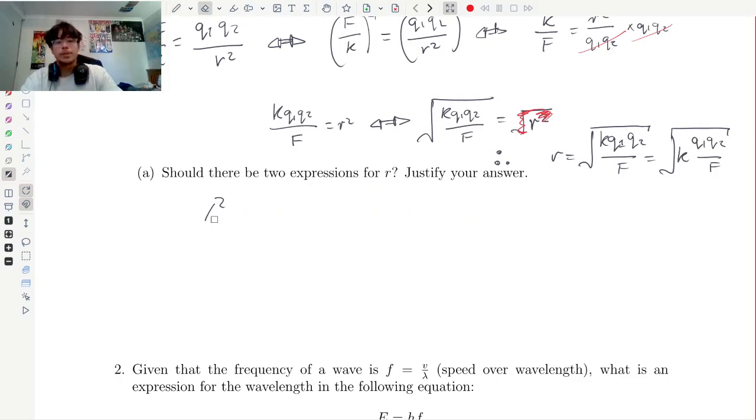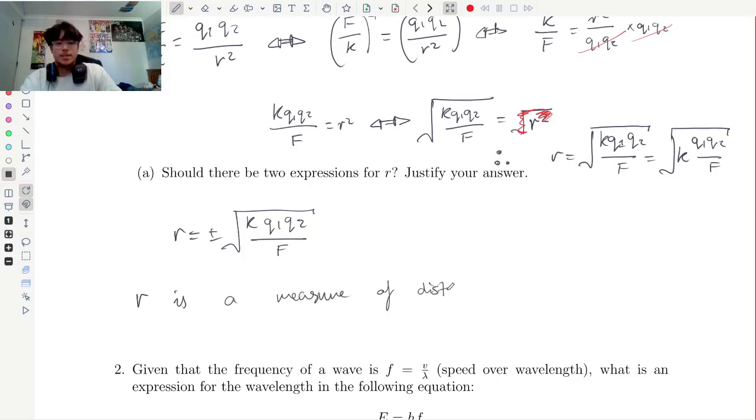Now, because we took the square root in this step here, should there be r equals plus or minus square root of k q1 q2 on f? And the answer is no, because r is a measure